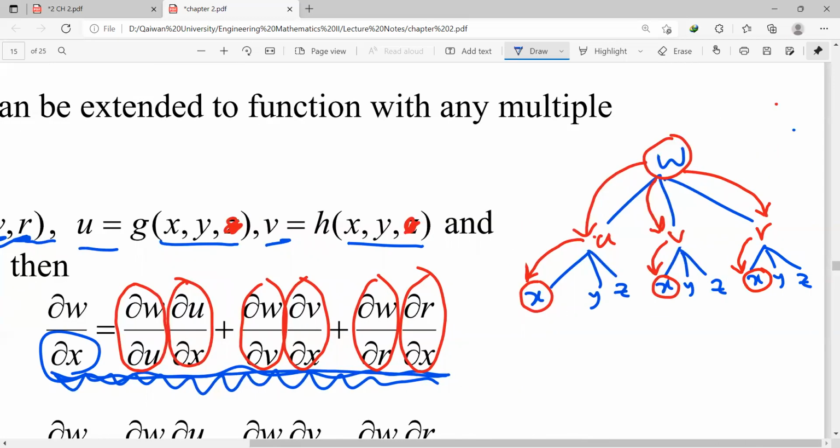It could be w sub xy. I mean partial w by partial x first, and then finding with respect to y. Okay. Which here